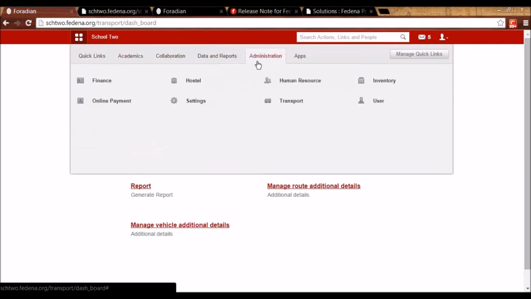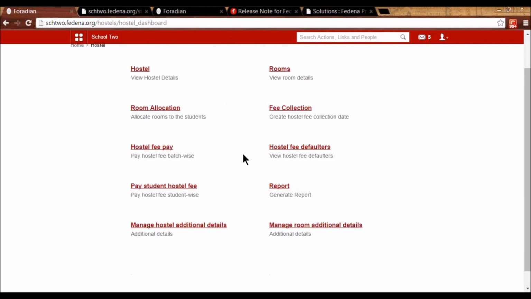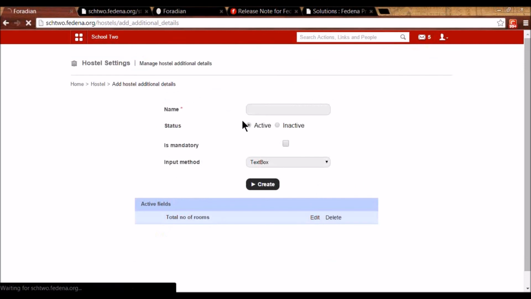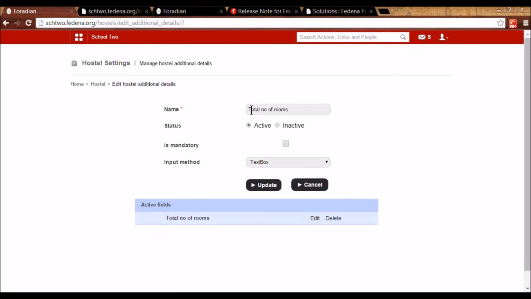So we'll go to administration and hostel. And like for transportation, we have additional details for hostel as well. So I have manage hostel additional details. This total number of rooms is a custom field that I've created. And this field will be appearing when I add a new hostel.